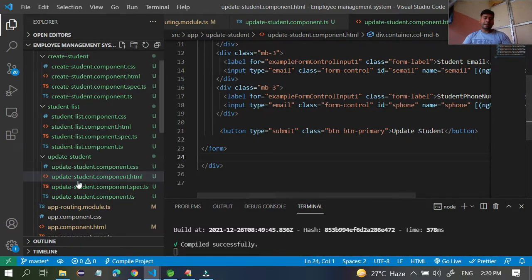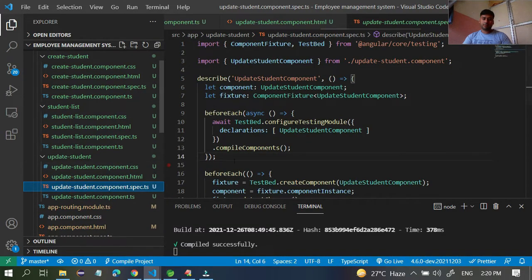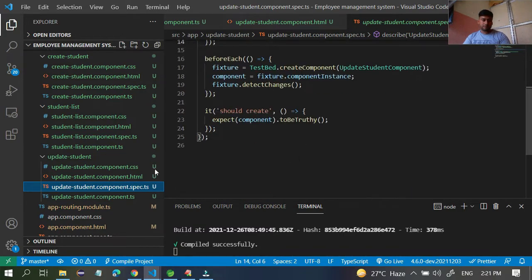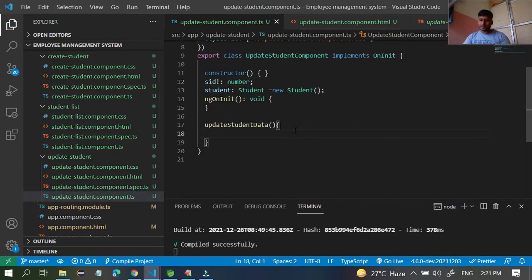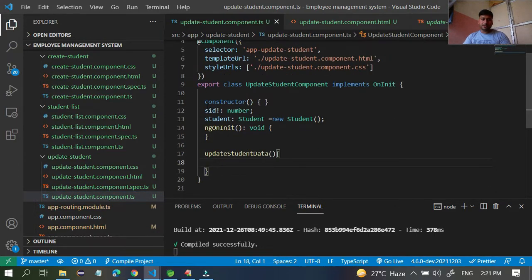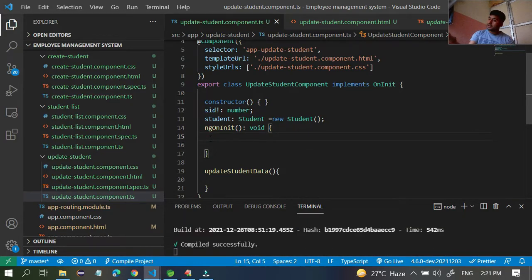Inside the TS file, whatever SID number the router sends, you have to receive it. For example, if it sent one ID to you and you want to store the SID in this place, you are receiving it through the router or URL.